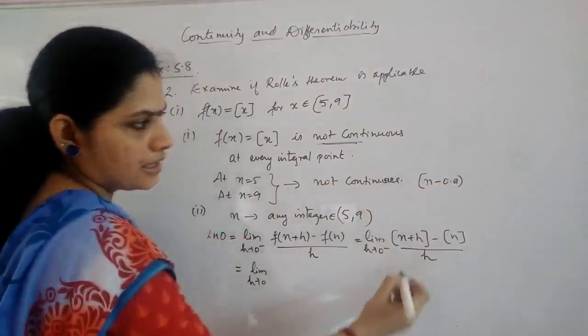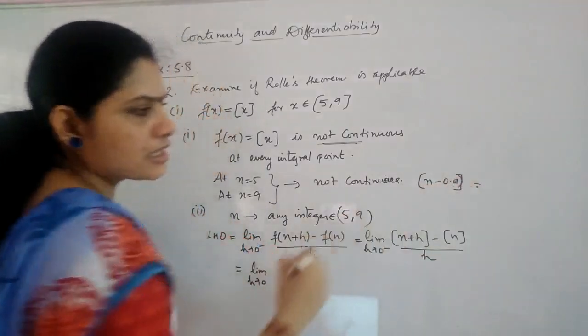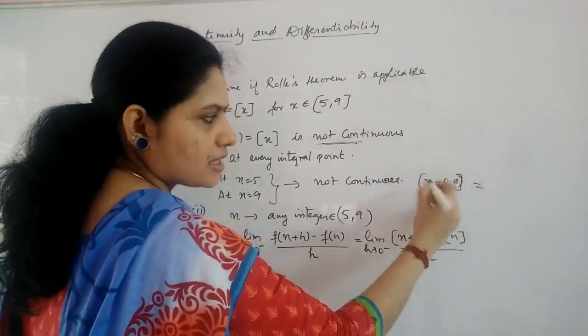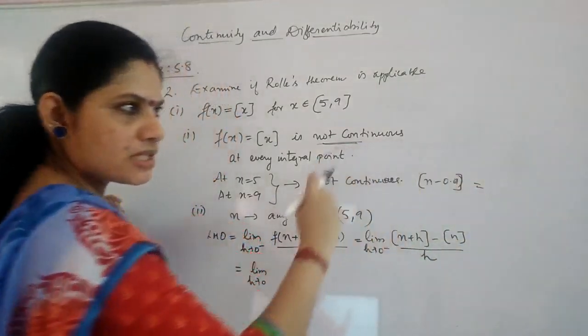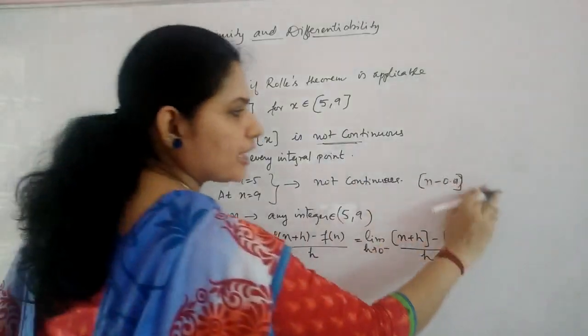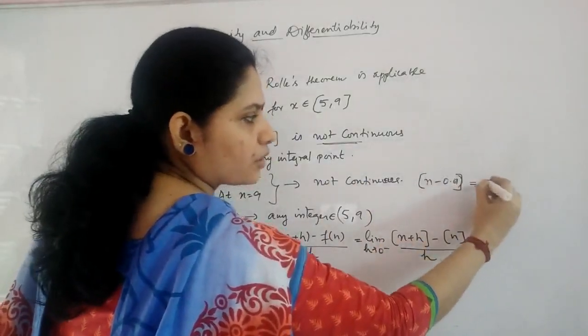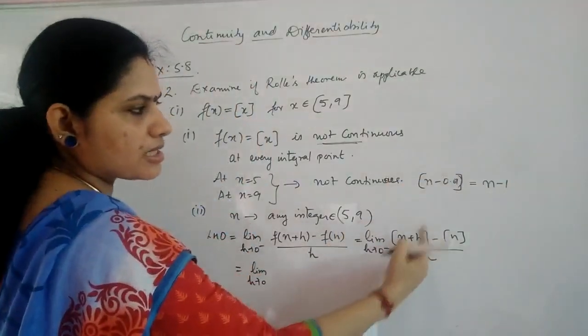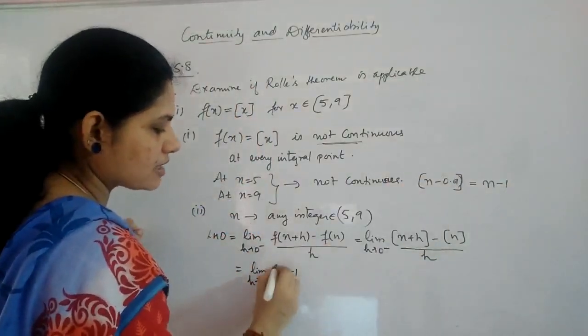0 point, suppose 0, 1. So what you will get as the greatest integer function for this value? You will get a number which is less than, right? n minus means it is a number which is less than n. And you will get the maximum integer out of it, which will be n minus 1. So I can replace this greatest integer of n plus h with n minus 1. Why it is n minus 1?